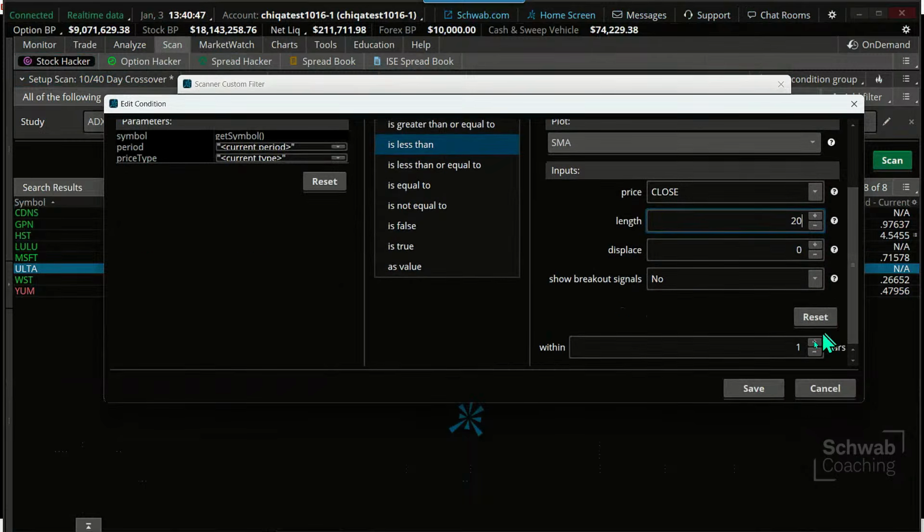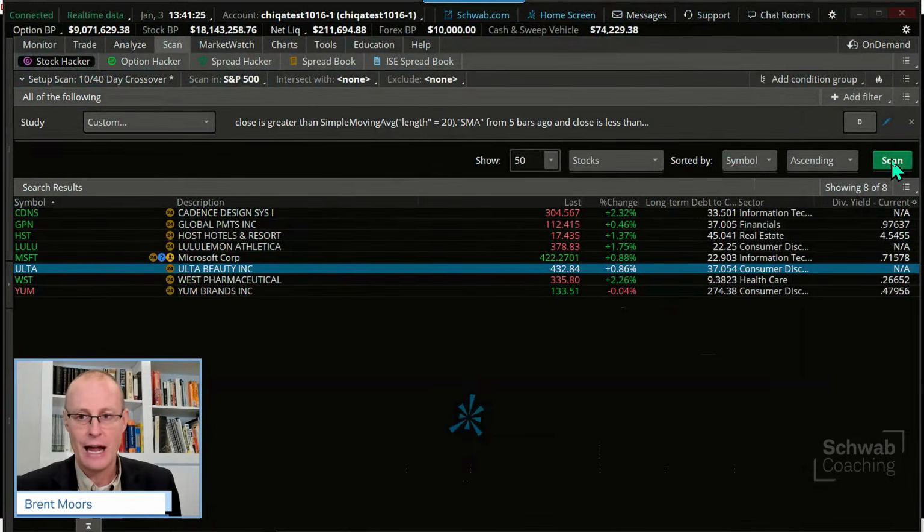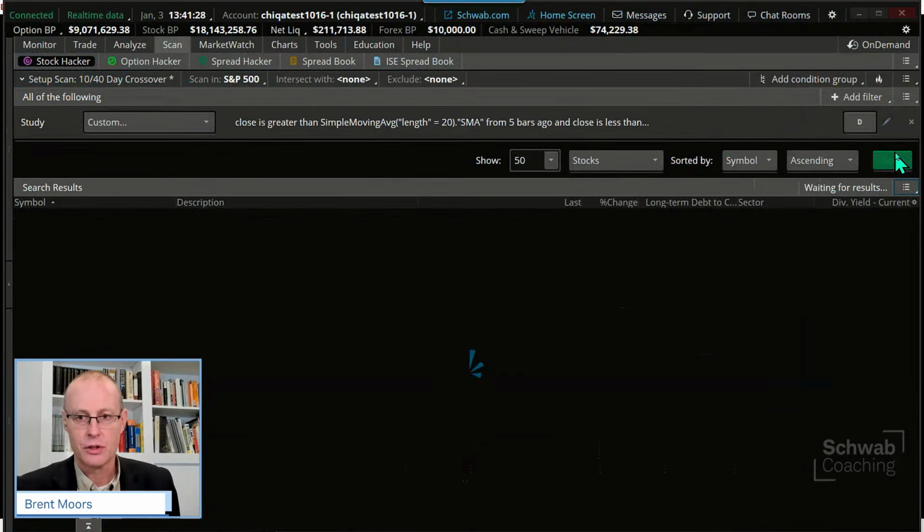So now what do I have? I have a stock that we know was 5 days ago above the 20-day moving average, now less than the 20-day moving average. Okay? So that's an example. It's not the greatest example because it's not what I would maybe normally do. There's probably easier ways to do it. You could just say it crossed below the 20-day moving average in the last 5 days. But there'll be some circumstance where you want to look 5 days ago, not within the last 5 days, but 5 days ago. That's what that offset does there. So now if I scan this, these results should